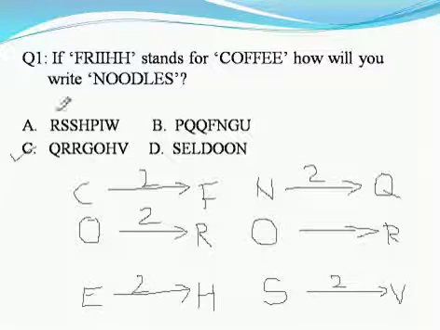In every question you don't need to do it for everything, you just need to keep checking the options. If the options are very simple, suppose you got N and added 2 and you got Q, sorry. Q is the only option here, C, so you can directly take C. You can just verify with one letter, maybe S. This is how you need to solve it. You don't need to get the perfect answer, you just need to tick the correct answer. So I'll move on to the next one.